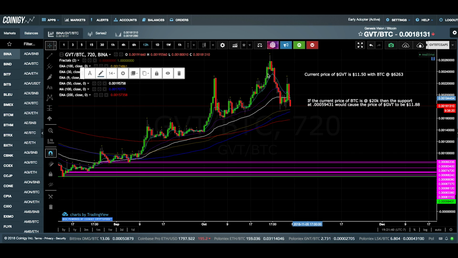So if, for instance, GVT decides to go down because BTC is dropping, it obviously will come down, and if it goes down far enough, it will fall and fill up all these gaps here and probably bounce off the prior support line that I drew. Now, the current price of GVT in USD value is $11.50, with Bitcoin being at $6,263. However, because of the Satoshi conversion rate, if the current price of Bitcoin was 20,000, then the support that